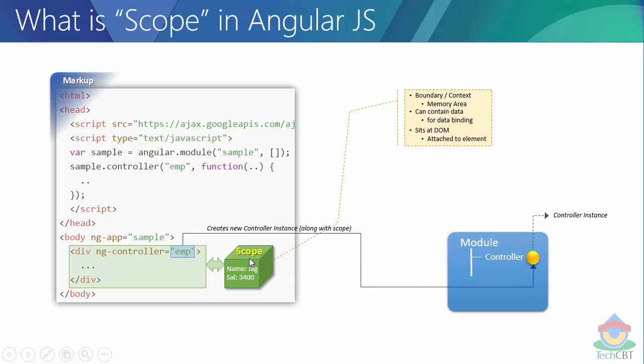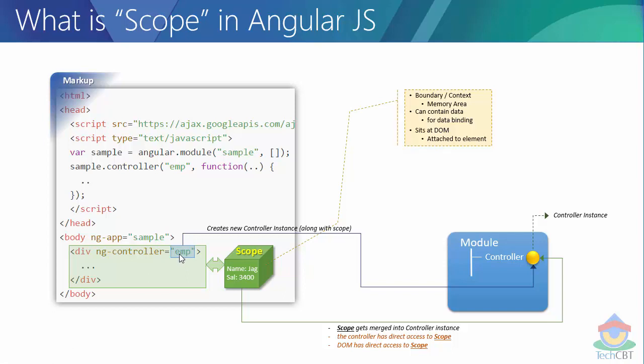Whenever I say somehow, there is one more thing. The scope, whatever AngularJS creates in this context, is automatically merged into the controller instance. So even though you mention EMP and ask the module, or say ask AngularJS, to create an instance of the controller,